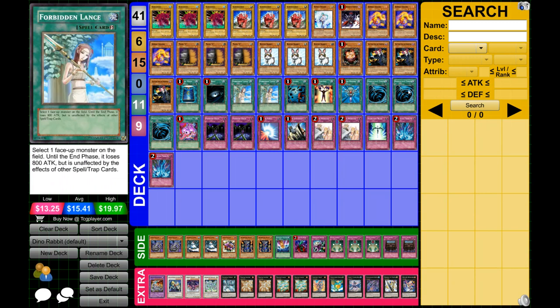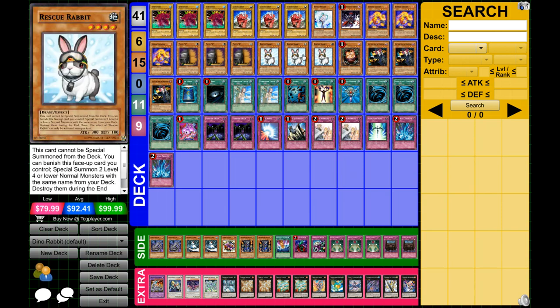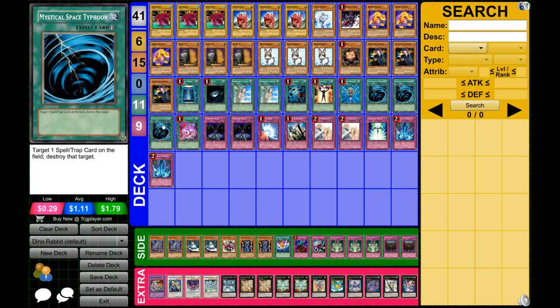I do 2 Lance and 3 MST because I think MST is a more standalone card. At late game, it can do 2-for-1 trades when they MST, and then you MST another card, so you get 2-for-1 trades there. Early game, when they set 1 back row to not play into the Heavy Storm, then you can just MST the 1 back row and then go off. So I like it that way, and because it's more of a standalone card, that's why I'm doing 3 MST